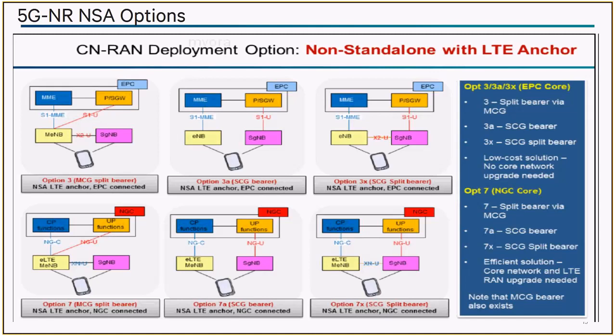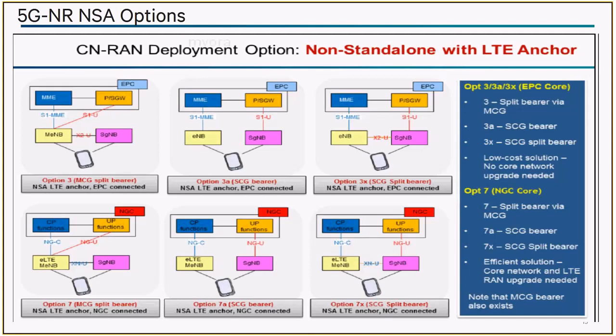But that has to be indicated to the user, right? Whether it is getting the data on both LTE and 5G or on only one. That happens with an RRC reconfiguration, but an option 3X network can actually configure you in an option 3 manner where you get only NR. It can. So option 7 is a mirror of option 3, but with a next generation core.